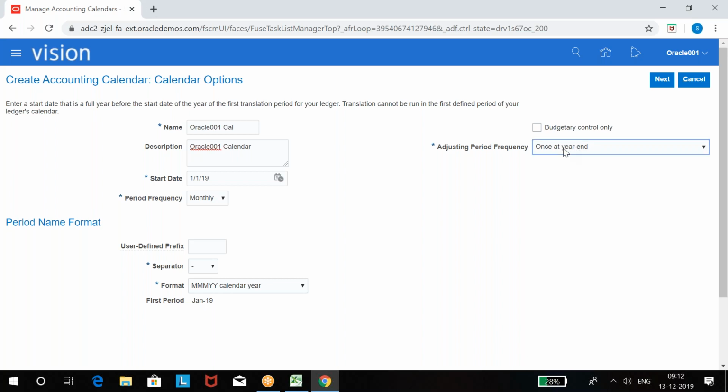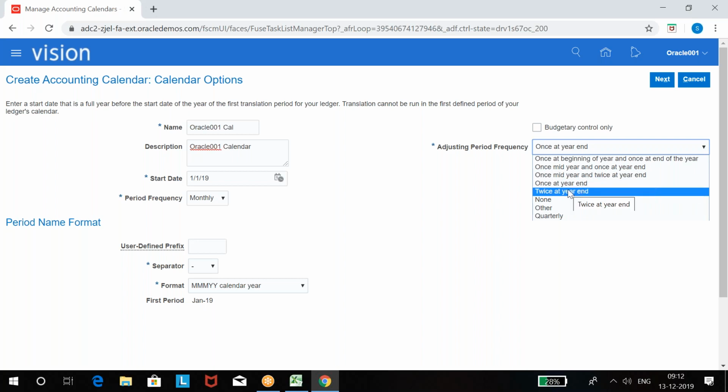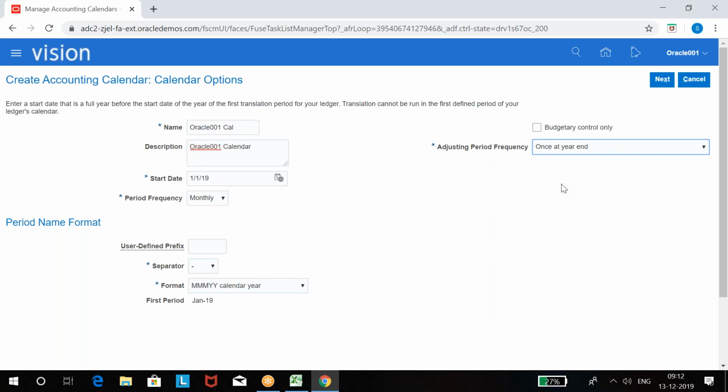See, it depends. Some companies have an adjustment period once in a quarter. Some companies have one at mid-year and one at year close. Mid-year is nothing but after June and then after December. If April to March, after I think September, right? September is the mid-year, and then again March. So it depends on how they want, but most of the companies go for once at year end, because once in a year it is safe. After year close, the company goes for audit to release final reports. When audit happens, the auditor may advise for some adjustments. That's why at least one adjustment period is required.